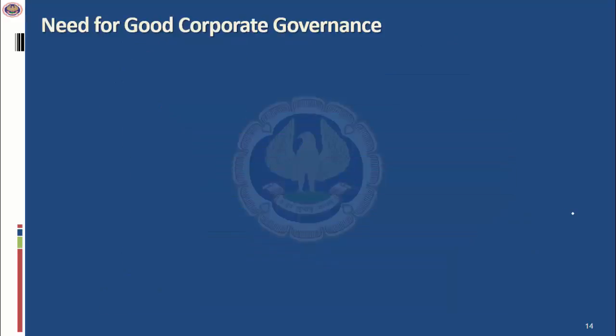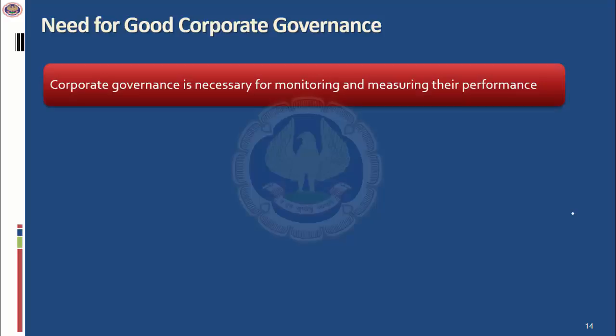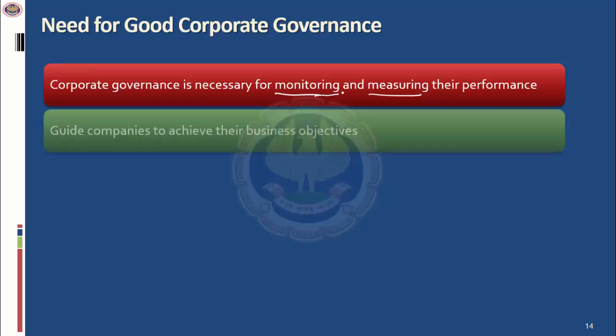Why is there a need for good corporate governance? Now, if you look at the key word here, by having good corporate governance, you can monitor and measure the performance. You look at an entity like Infosys or Wipro or any other top entity, you find primarily they are known for their good corporate governance. They set direction and to what they want to achieve, and you find they're able to achieve. The management has a system in place. The top management has put the governance structure in place to ensure that what they say they will achieve, they'll be able to achieve. They monitor and measure the performance.